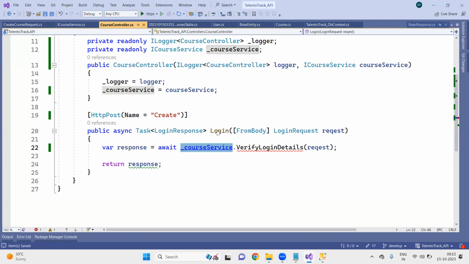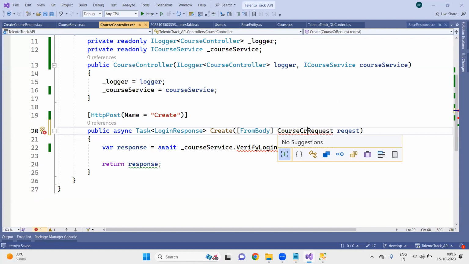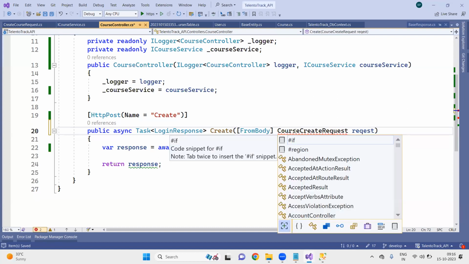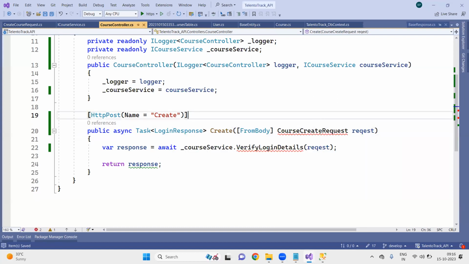Same name we should keep for the method name as well to avoid the ambiguity error. Then login request should be renamed as course request, course create request, right? We have created that object, create request. Now it is showing one error. If you add this assembly,